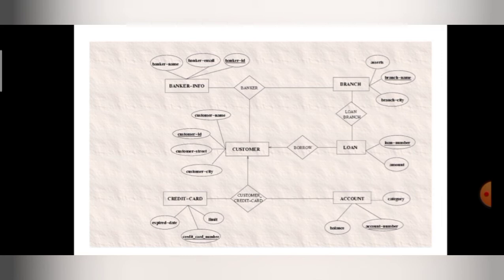So far you should understand this much. Don't worry about these notations. This is actually the architecture of the database, that is the ER diagram of the database. I will explain the ER diagram in detail in upcoming videos. So far you should understand that the internal schema has the storage details information, but the conceptual schema contains the overall architecture information. In the conceptual schema, the storage details are not included.